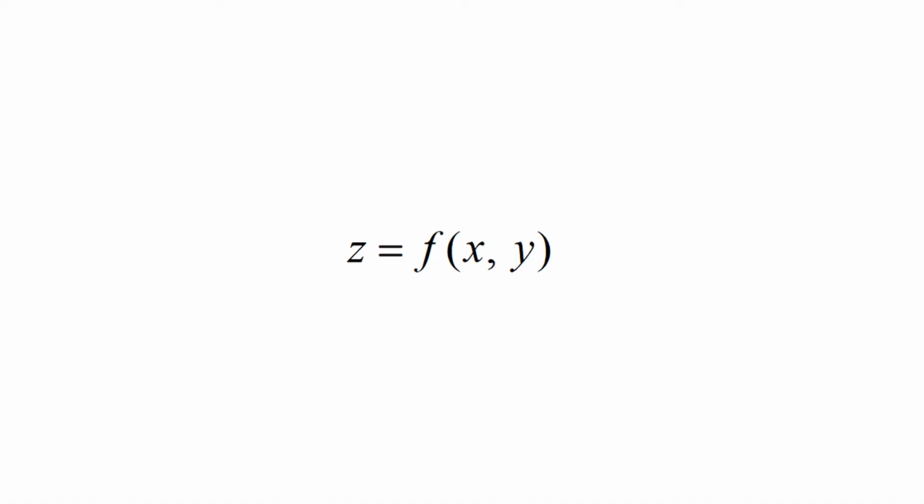To give this discussion a mathematics flavor, suppose a variable Z is related with two other variables x and y by means of the equation Z is equal to f of x y, where f is a function of two variables x and y. It is natural to inquire how the value of Z changes if y is held fixed and x is allowed to vary, or if x is held fixed and y is allowed to vary.